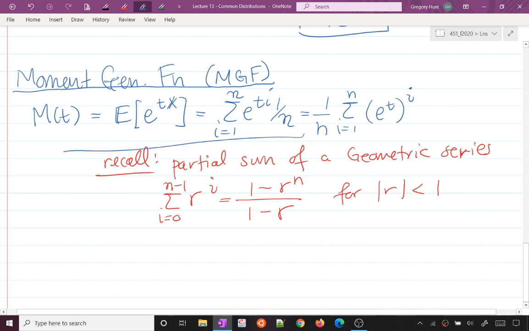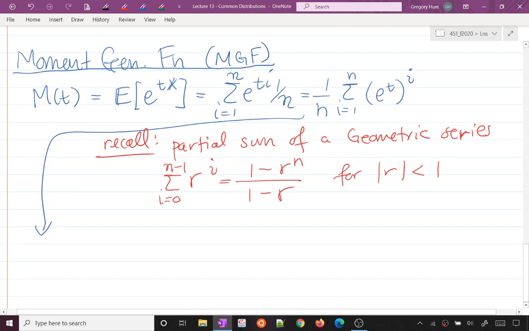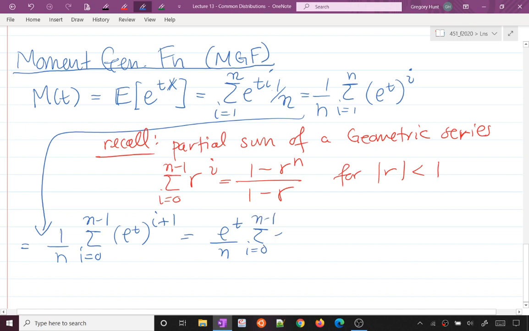And so we can kind of rewrite this moment generating function as a partial sum of a geometric series. We just need to change my variable. I can instead say that this is the sum from 0 to n minus 1. So if I reduce the index by 1, then I need to increase it in the summand by 1. So that's an equivalent way of writing it. i goes 0 to n minus 1 of e to the t, to the i plus 1. And I could factor out one of those e to the t's, right? I could say this is e to the t over n, sum i goes 0 to n minus 1, e to the t